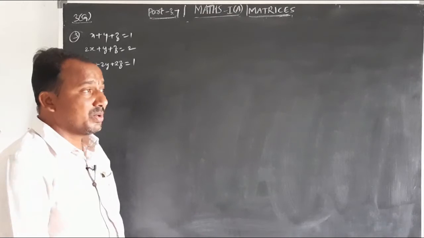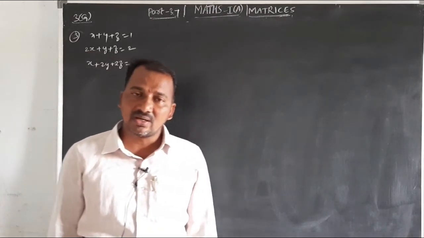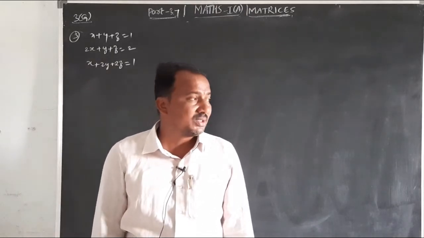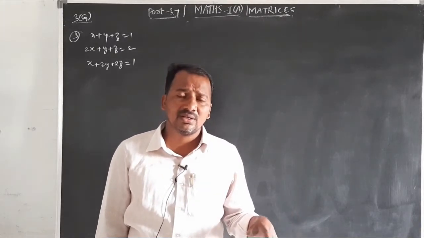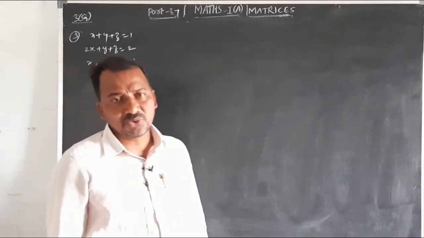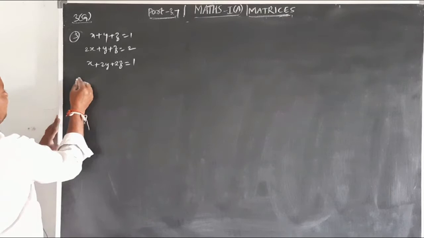Discuss the problems: consistent and inconsistent. If it has a solution, it is consistent; if there is no solution, it is called inconsistent. In the previous class we completed no solution and unique solution. Last model: many solutions, or infinity solutions. So given